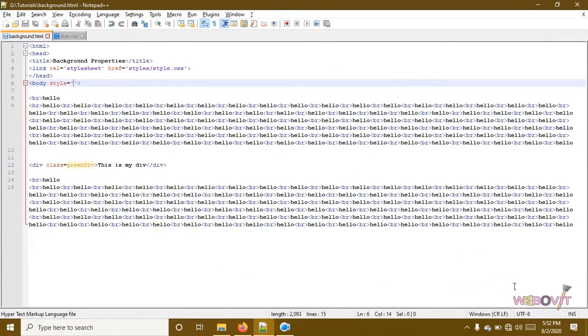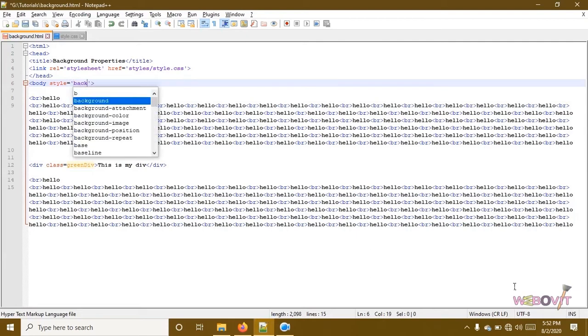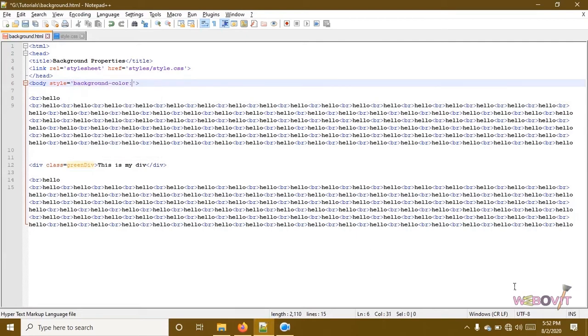So now moving ahead, as we have seen how to apply a background image to a particular section like a div, paragraph or something else, we can do the same thing for the whole back section, which is known as body. We know already how to apply background color for the body. We will see it using an example. First we will apply a background color. We are having here body. Using an inline style, we can give the background color. Suppose red is our favorite color.